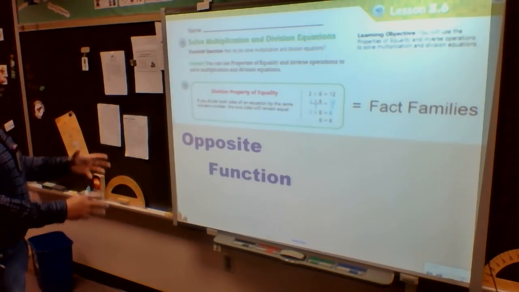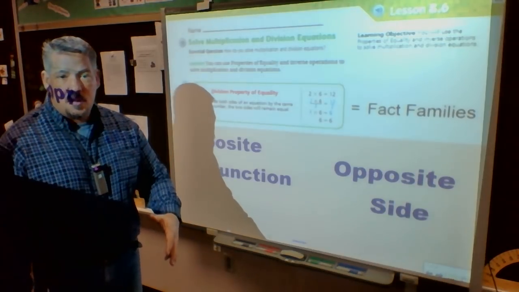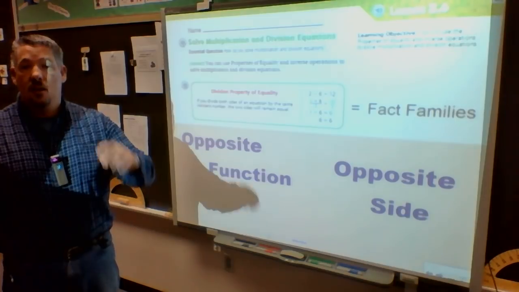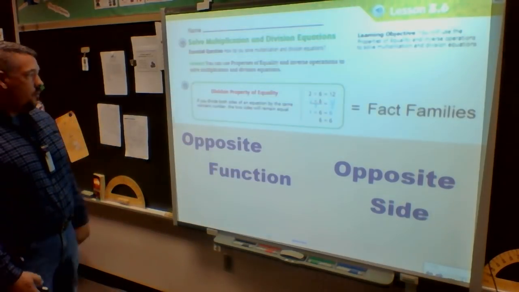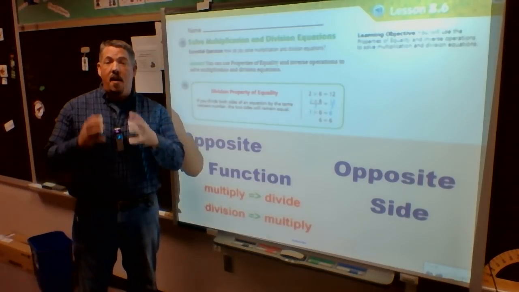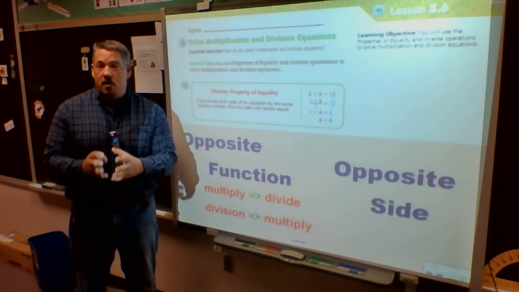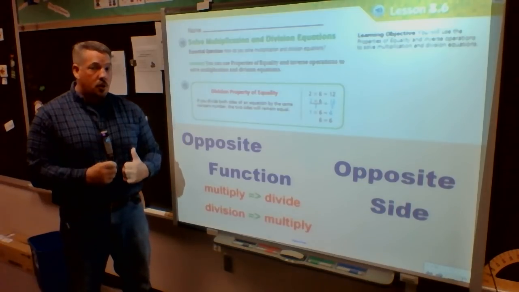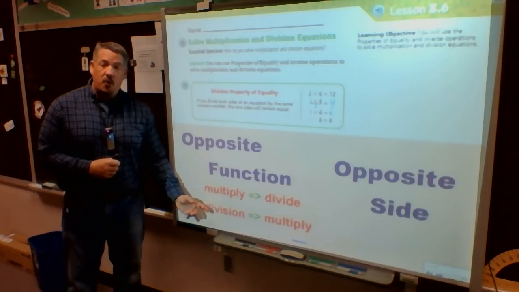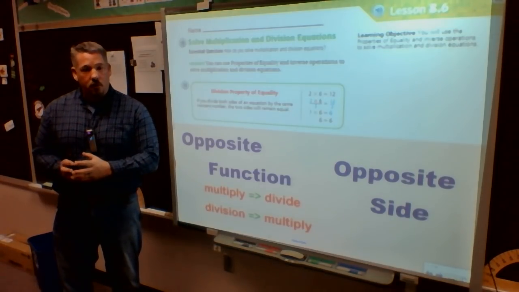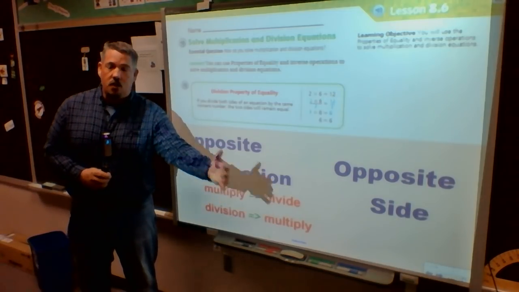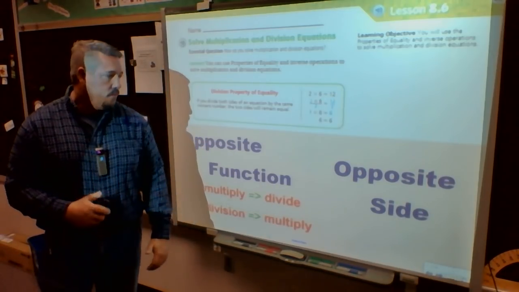So we're talking about doing the opposite function on the opposite side once again, but this time with math, multiplication, and division. And yes, I've already taught this to you several videos ago, but we'll go back through it. So if I'm starting with multiplication with my variable, my letter that's in the math problem, then I'm going to do division to get rid of it and to find the answer. If I'm starting with division with my variable, then I'm going to do the opposite. I'm going to multiply and then use multiplication to find the answer.